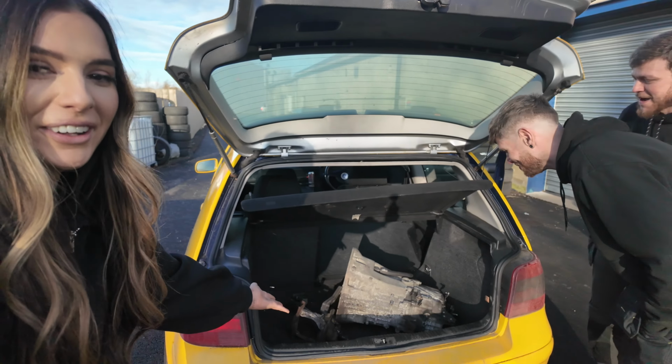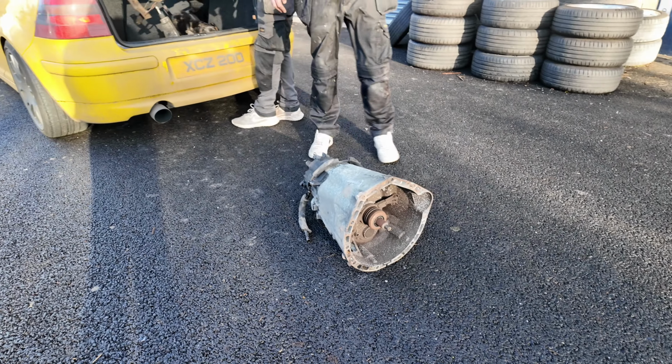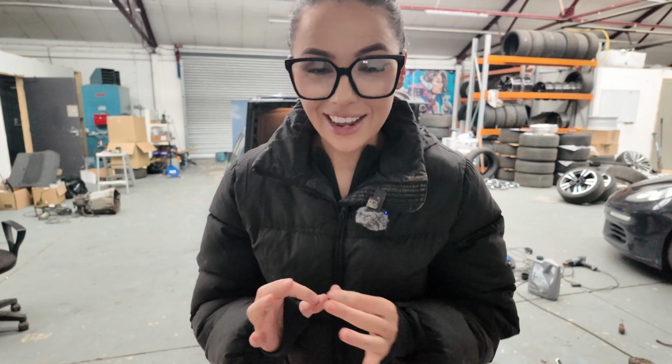There's a big old box. There she is in all her glory, ready for some big power. No shitty freaking 220 boxes there. What is the crack? We're in the unit and we are prepping for getting the gearbox out and the manual in,